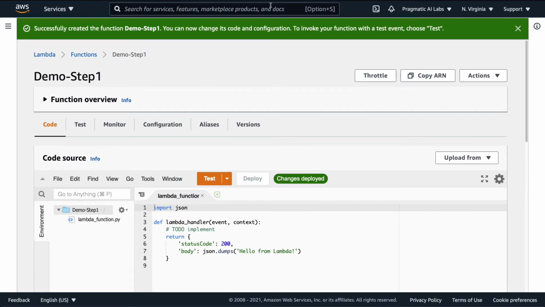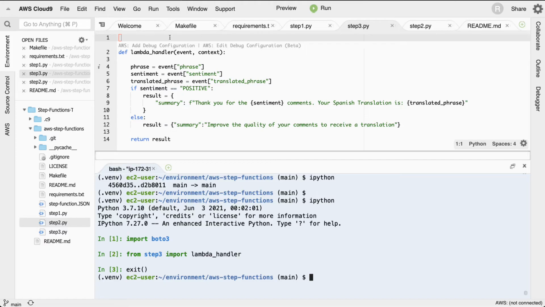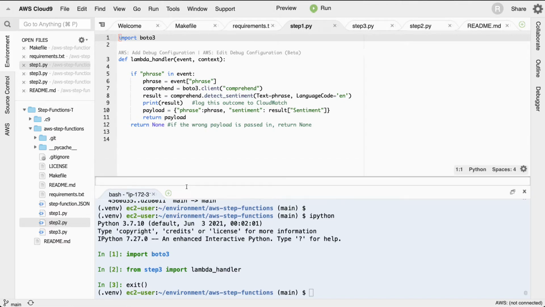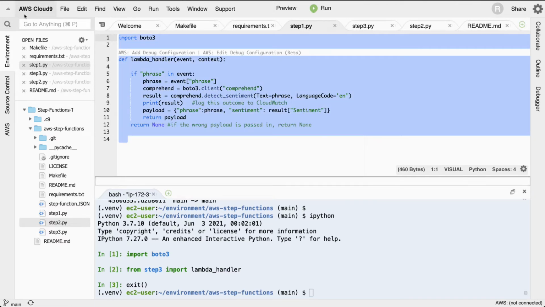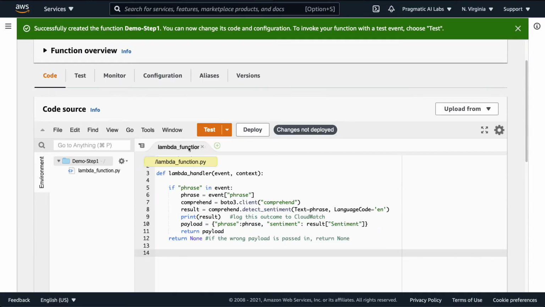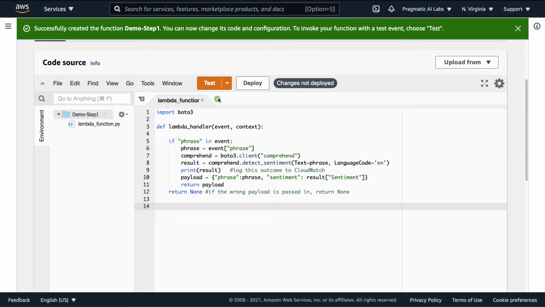And then, maybe a lazy way to prototype things, is I could go back to whatever code I was working on, just literally copy it, go into here, and then paste it inside. Now, once I've done that, what's kind of neat about it is that I can actually click this deploy button, and then it's ready to go. So the only thing missing is that I'm going to have to give it a payload so I can test